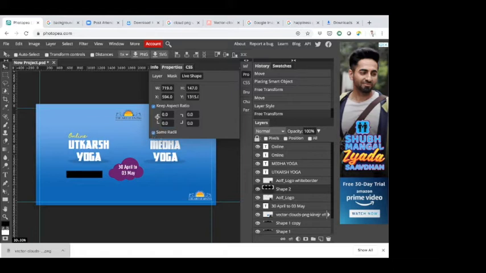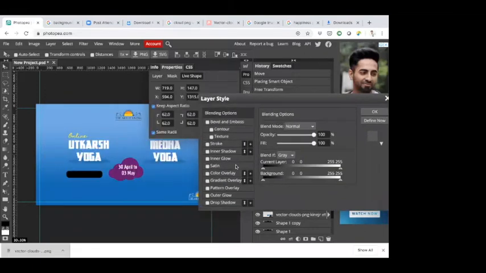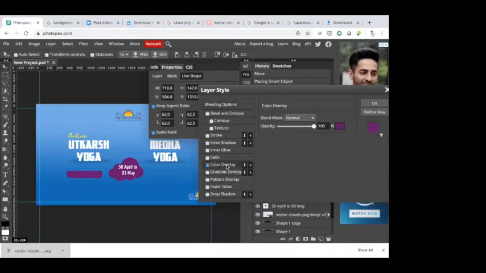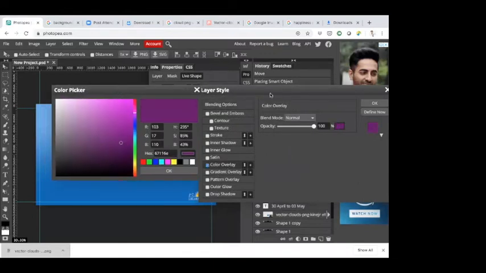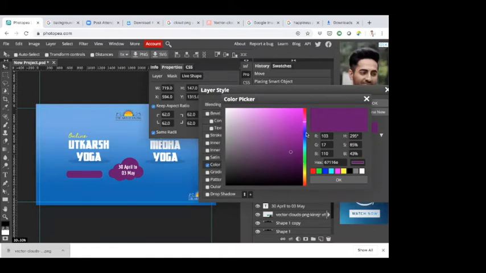Click on same radii. Since we need a proper rounded rectangle, I'm going to click same radii and increase the pixel size. Again, if this is black, you can simply decrease the opacity to make it a lighter, different variation of the blue. Or if you want a different color altogether so that you can highlight that particular place, click on layer styles and click on the color overlay. Change the color to any color you would like.